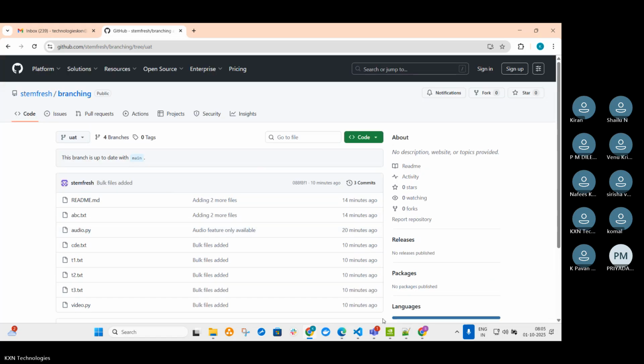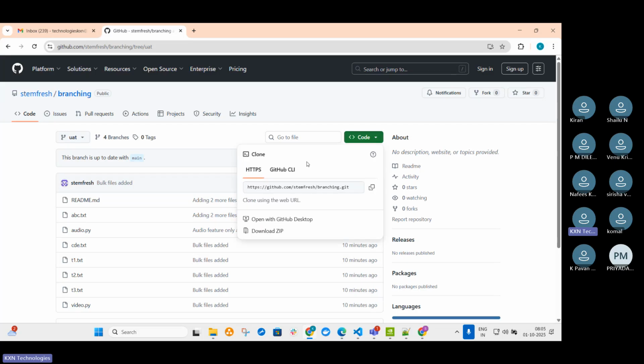Now, ideally in an office environment, a DevOps engineer will create the repository and give you the repository link. Hey boss, this is the one. Now what I'm going to do is directly click here on the code. I'm able to see this URL. Click here, copy the URL. Now by using this URL,